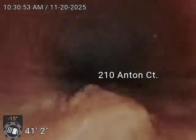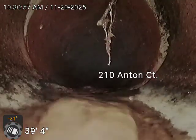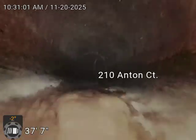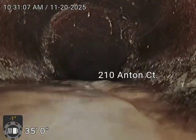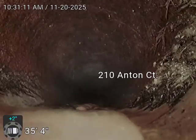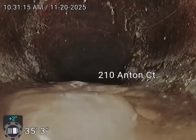Clay has been in the ground, they've been using clay for over 100 years on sewers, much longer on other things. And so it's a good material. It stands the test of time. You just have things like this where the packing at the joints, and that's how you kind of look for it, is where the joints, when the roots are getting in at the joints,